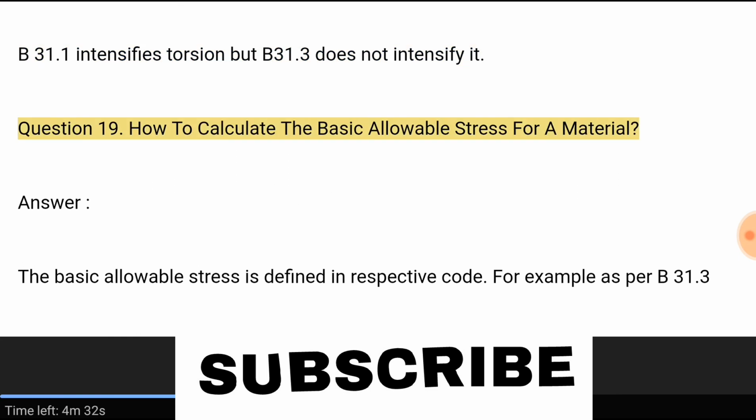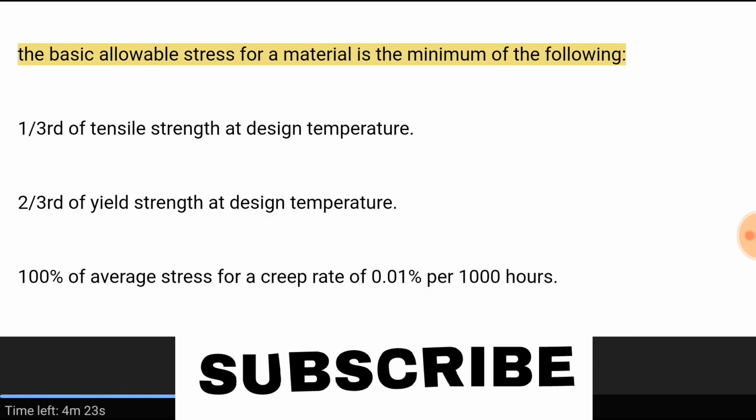Question 19. How to calculate the basic allowable stress for a material? Answer. The basic allowable stress is defined in the respective code. For example, as per B31.3, the basic allowable stress for a material is the minimum of the following: 1/3 of tensile strength at design temperature, 2/3 of yield strength at design temperature,